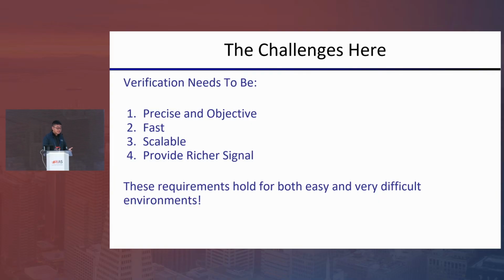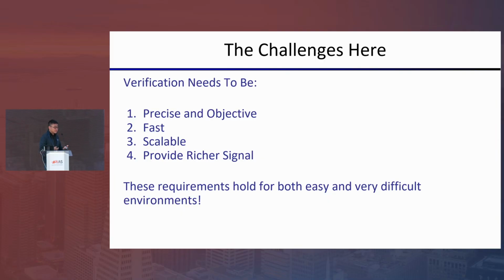It's also related to scalability, because ideally for really challenging tasks, I want to make like 1 billion attempts and let the verification system tell me if I have made progress or not. And the fourth one is also extremely important: providing richer signal. When you think about very complicated scientific research, we write a paper, the paper is 200 pages long, then generally the feedback provided is really not 0 and 1. It's very detailed comments on different paragraphs telling people how to get a better version of the paper for the next iteration. So that's exactly the challenge here.